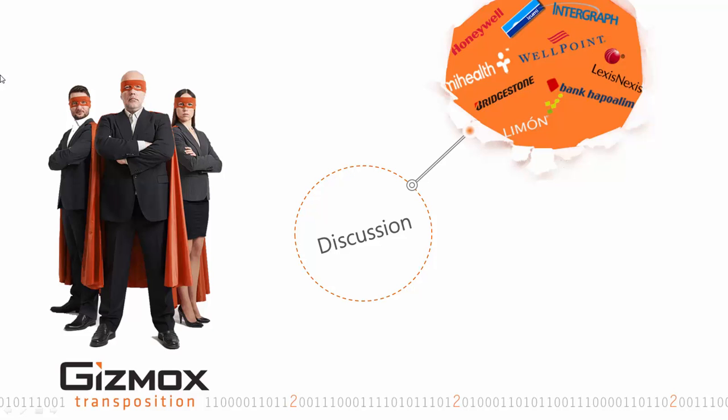And here's the second question, coming from Mary. Can you explain again about how the DataWindow is handled by your process? Thank you, Mary. Unlike with other paths to the web, with the Gizmox Transposition digital rewrite, there is no DataWindow control. This means that the programming paradigm is no longer tied to PowerBuilder, and that the migrated application is a best practices modern application. The DataWindow code and UI can still be reused in multiple pages, and that is because we create a partial view